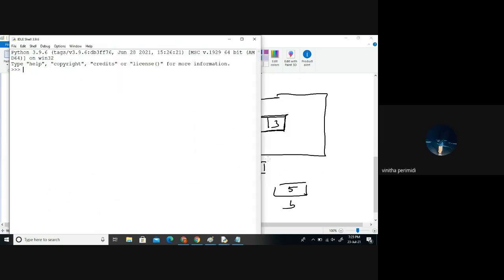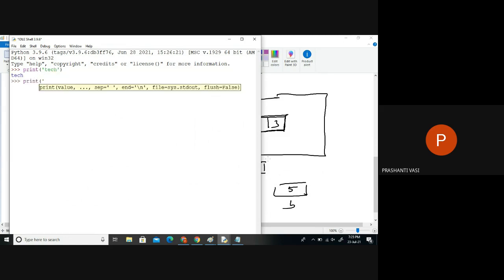Yes, ma'am. Because if I write here print tech learn so many times, however many times I type it here, it is already loaded in the system, and the same tech is printed again. Similarly here, I can say tech so many times. If I take a different data, capital letter also, even if I change the case, it's a difference. There's a difference between C and the other two things.